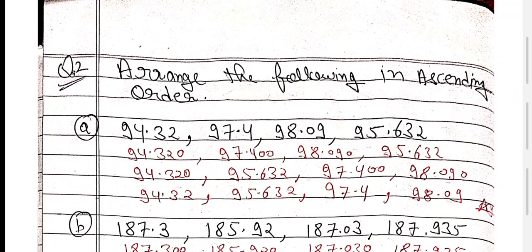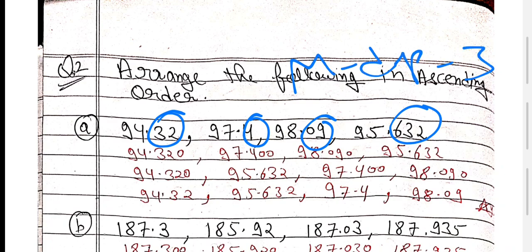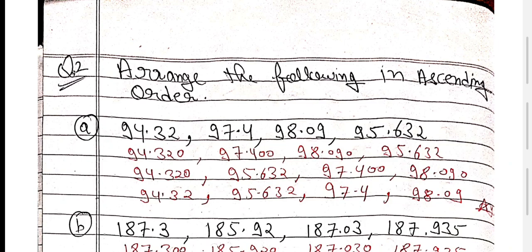Now come to arrange the following in ascending order. So first, we have to convert them into like fractions and then arrange, and then you have to write according to the given question. Now just check, they have two decimal places, one decimal place, two decimal places, three decimal places. So the maximum decimal place is 3. So you have to make all the numbers with 3 decimal places. So for two numbers increase a 0, for one number increase two 0s, for two numbers increase a 0, and the three-decimal number remains the same. So you make all like fractions by adding zeros. Now all have the same decimal places.